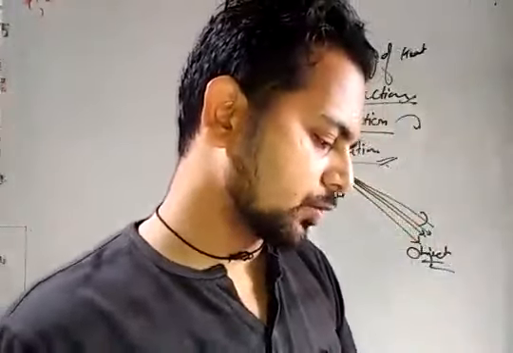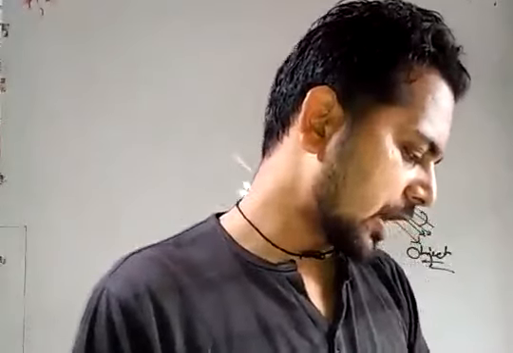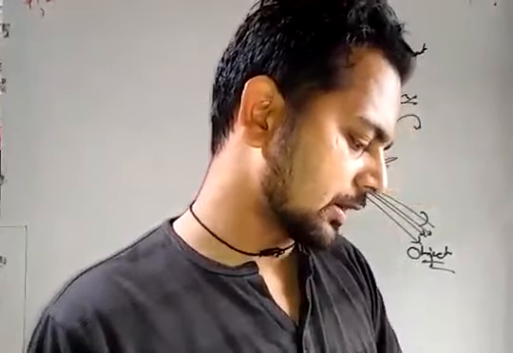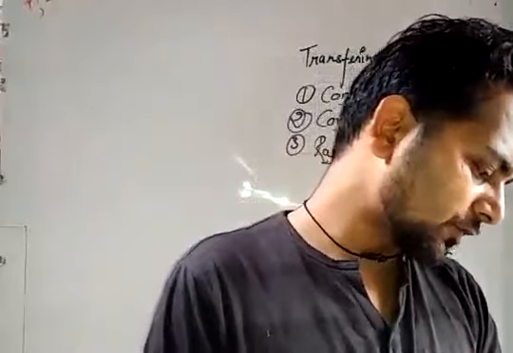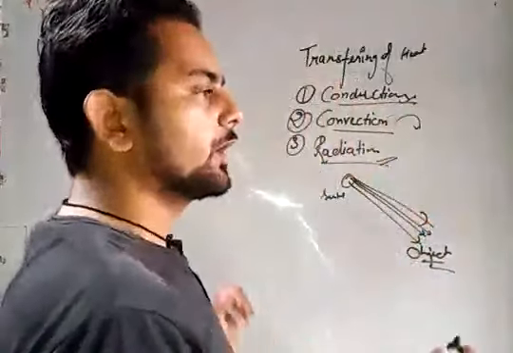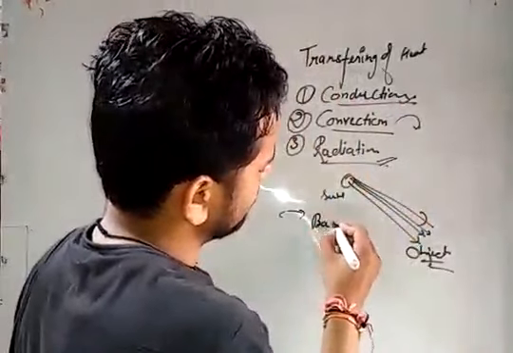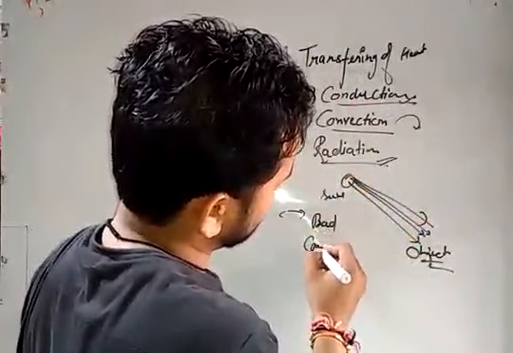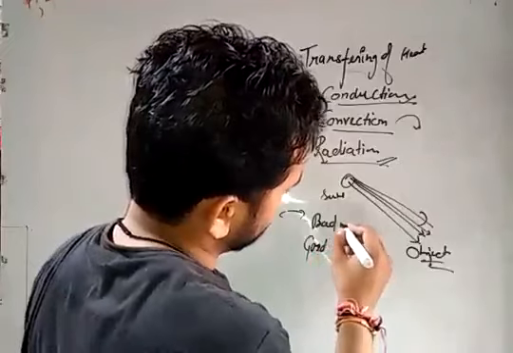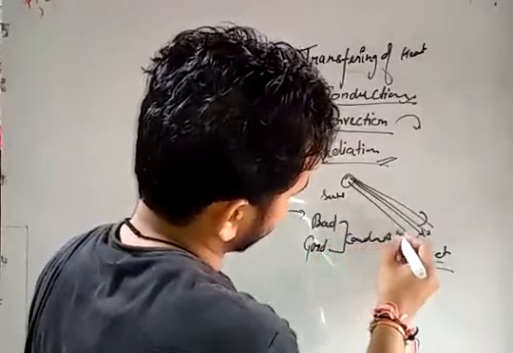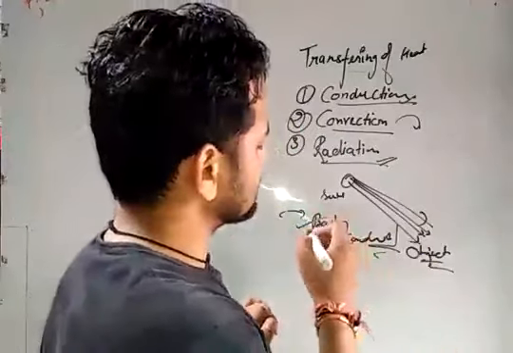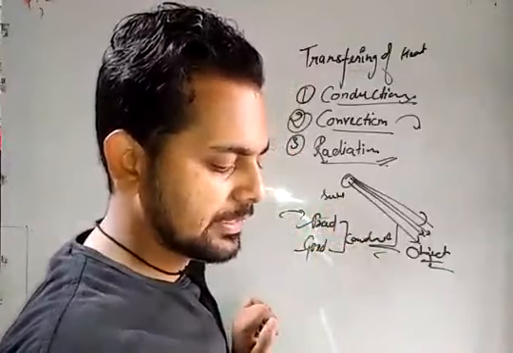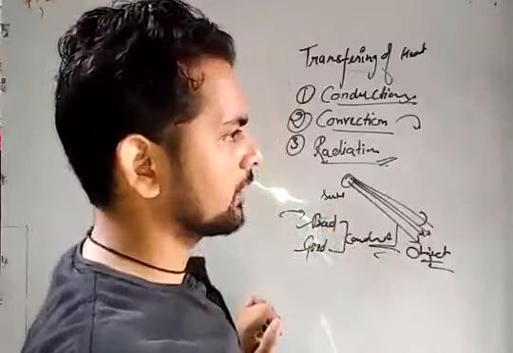Some common examples: the cooling coils of a refrigerator or air conditioner are made of copper because it conducts the heat away quickly, and copper is one of the best conductors of heat. So what do we mean by bad and good conductors? The substance which allows heat energy to pass through it is known as a good conductor, and the substance which does not allow heat energy to pass through it is known as a bad conductor.